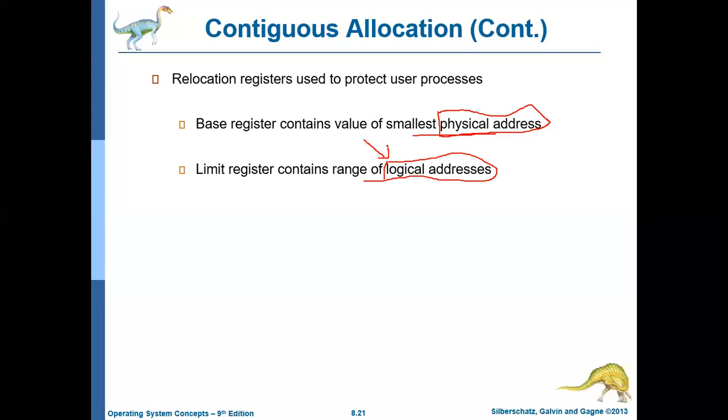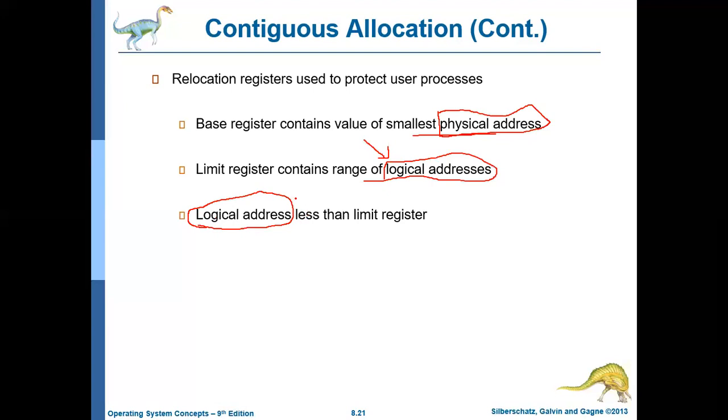It means it's a relative address, a relocatable address. It is logical with respect to the actual physical address. Now, when the CPU tries to access any memory location, the CPU will not give the physical address. The CPU will give the logical address. The CPU will try to access the memory by using the logical address.